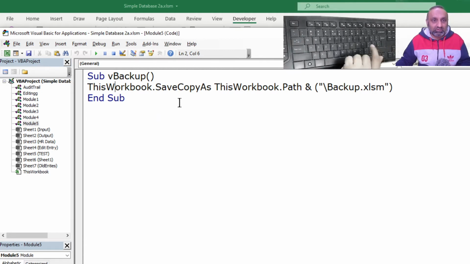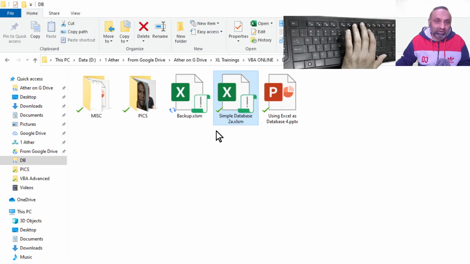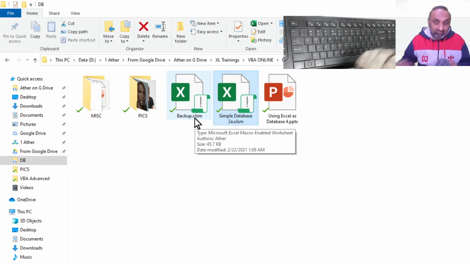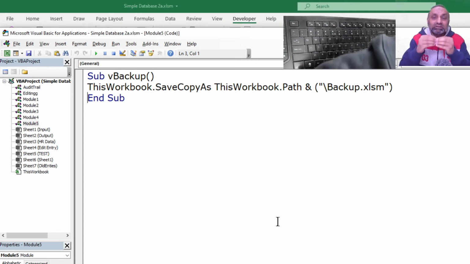So this workbook, save copy as this workbook, this is simple database 2. Let's run this command, and you can see this is completed, and the file name is still simple database2a.xlsm. Let's go to our folder, and you can see that we have this backup.xlsm now. So backup is created. So now you know which command to use to create the backup,